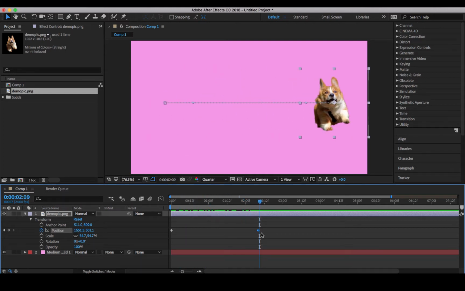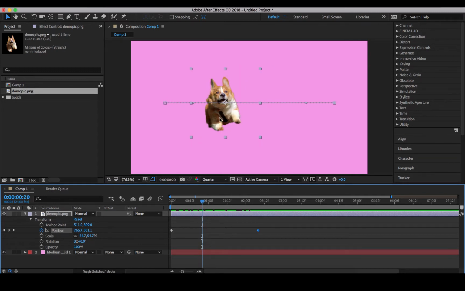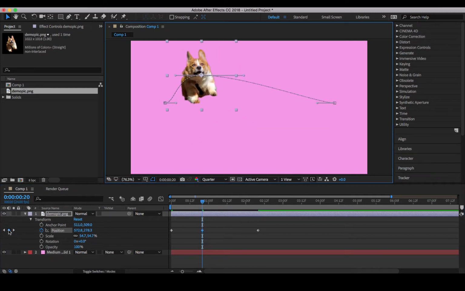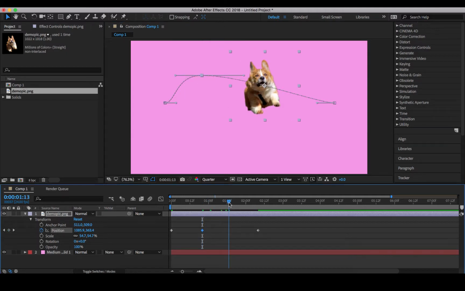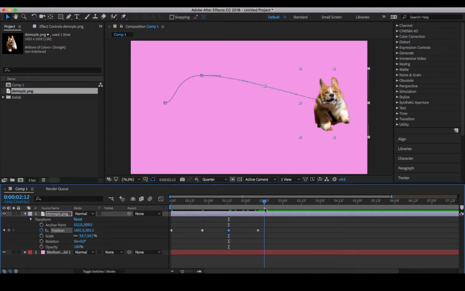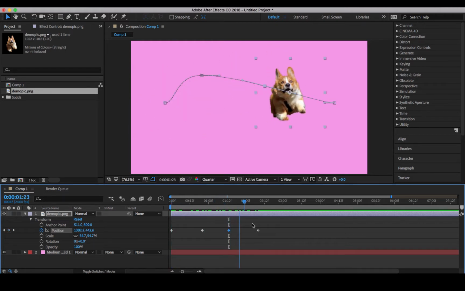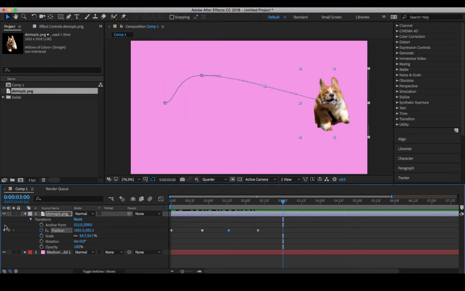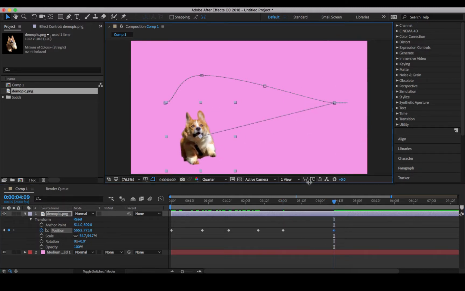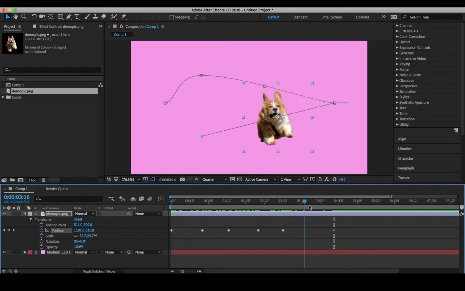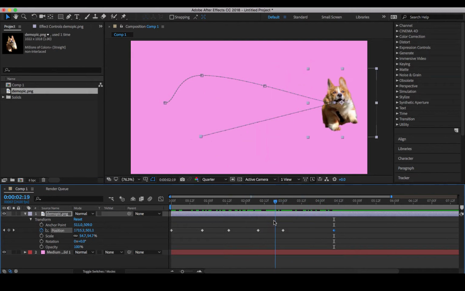So, this is why you don't want to confuse this button with the keyframe button. See, this is where I've been setting my keyframes. You can set as many as you want. After Effects actually auto keys stuff for you, which is great. So you don't have to go over here and click every time. But let's say I wanted to, you can click here, set a new keyframe. It's especially useful if you're doing holds. Like if I decided, I don't want this dog to move from this position for a while. I click here, store this information at this time again, and then move him again. So we know that we want him to kind of like stop there for a while. But anyway,